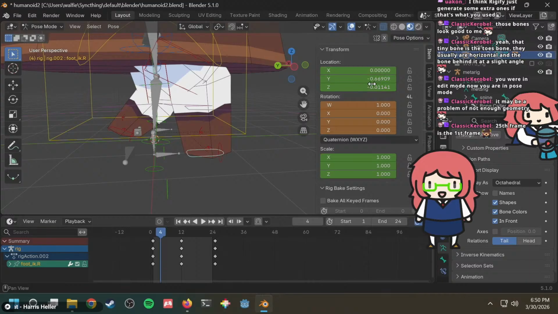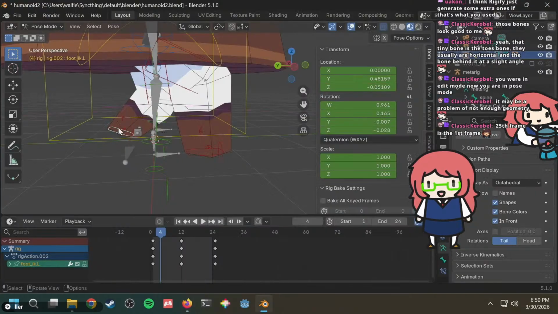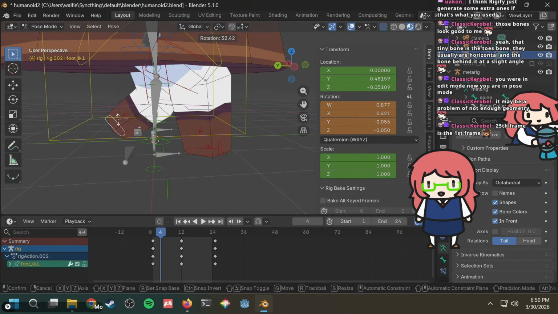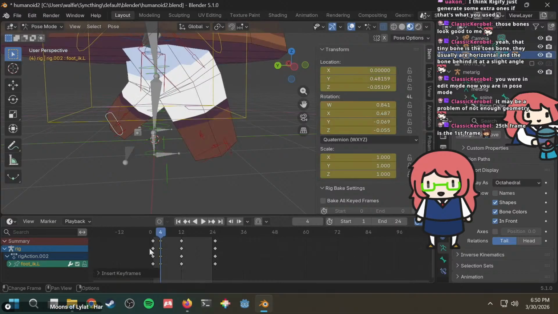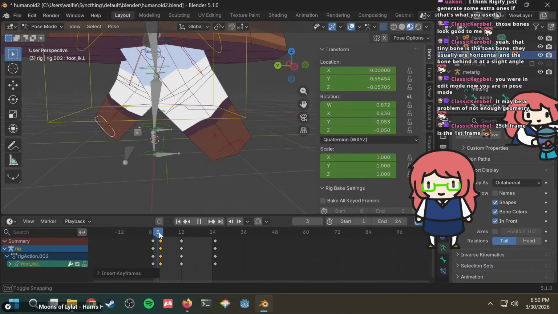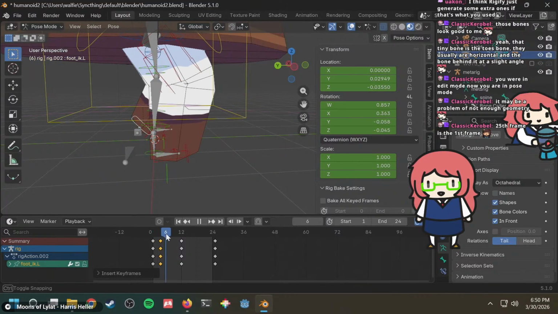Let's see, location Z should be 0. And then the other leg should be off the ground. Okay, so we have this. Goes like that.